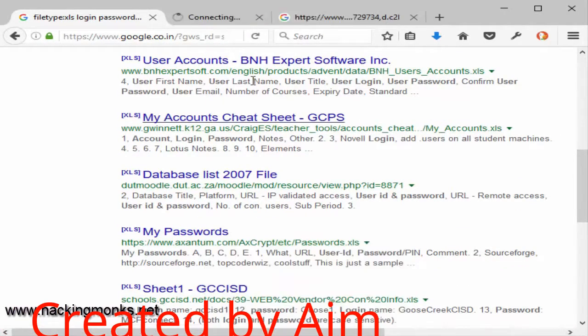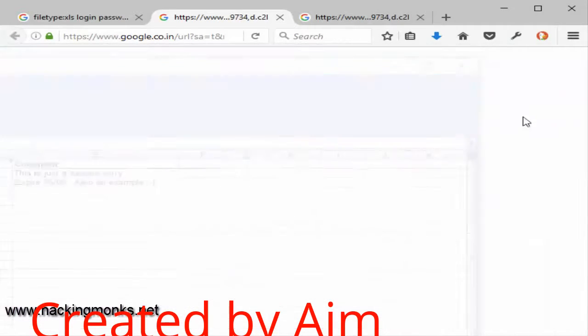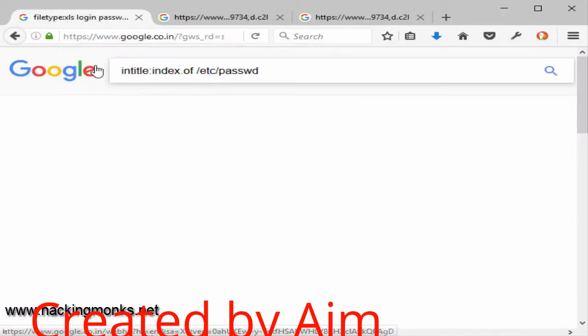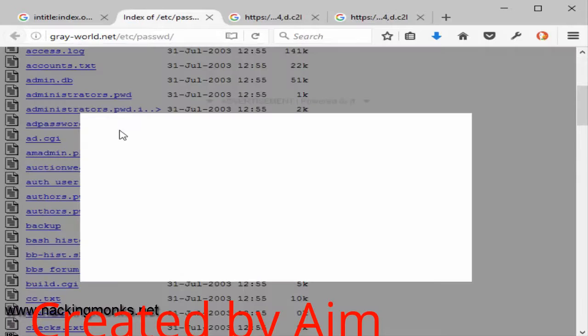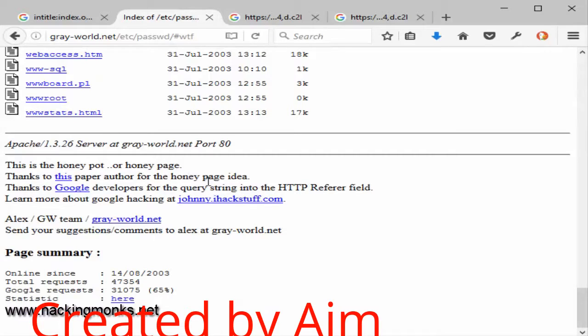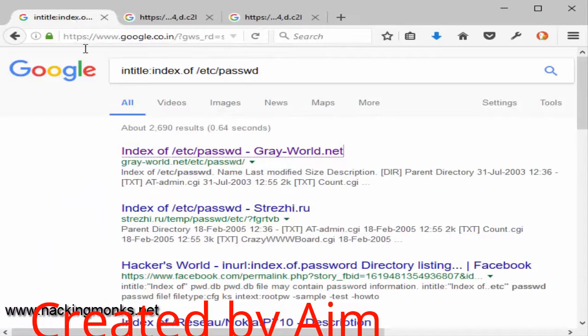Then here's another one. We didn't get the password, but cool. And then there is another Dork of the same type. Let's try this one. A bunch of information. Here we get the administrator's password. Oops, it's a honeypot. We just want to get out from here.